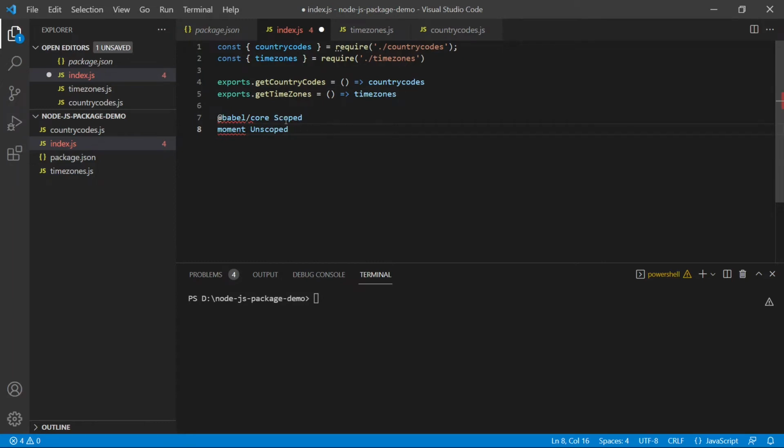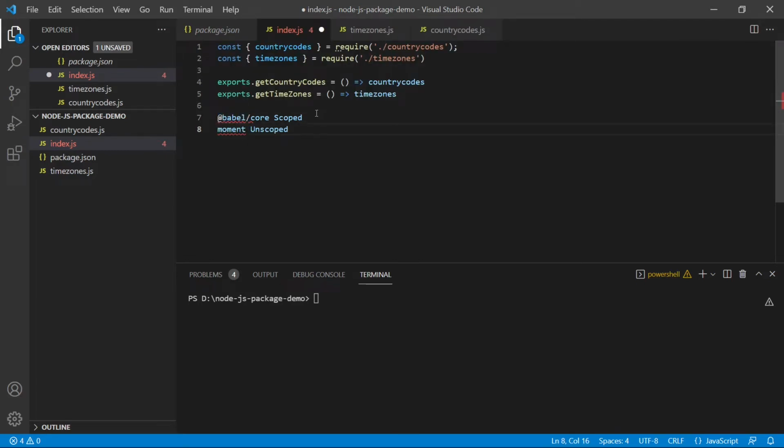For scoped packages, you normally pass in your username over here. The idea behind a scoped package is that if you're trying to create a package which has a name that has already been occupied by some other package, you can just pass in this scope at the beginning, and normally the scope is supposed to be your username or your organization name.